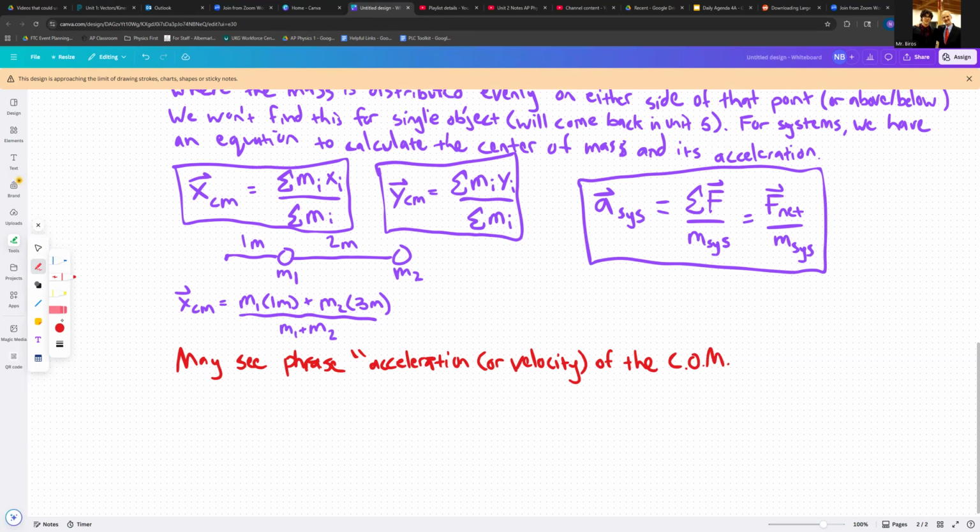Okay, so what does this mean? When a problem says find the acceleration of the center of mass or find the velocity of the center of mass, this just means